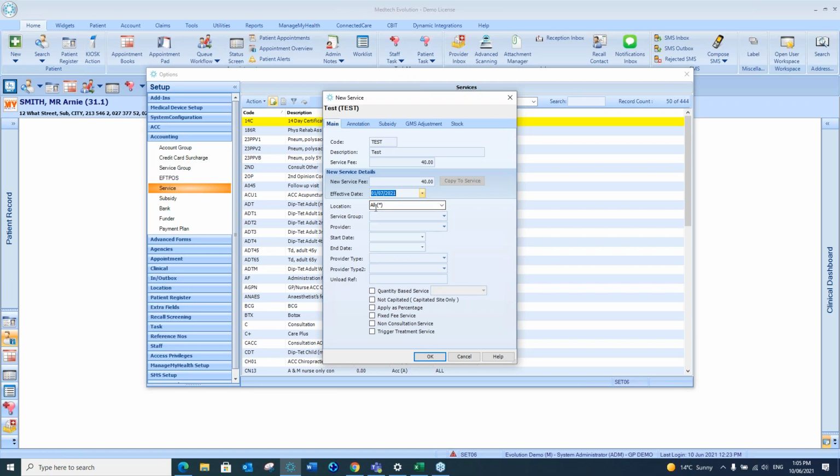You can apply this service code to all your locations if you have multiple locations, or just a single location. I've got 2 in here, so I'm going to apply them to both my locations. I'm going to add it to a service group. So if it's a service that you're providing, then it would be under services. And here, if it was an immunization, you might put it under immunization. And if it's a consumable, you would put it under the consumable groups. Most of your accounting codes will be for